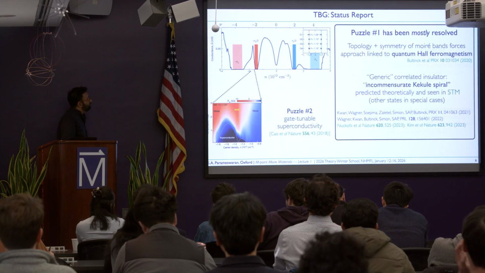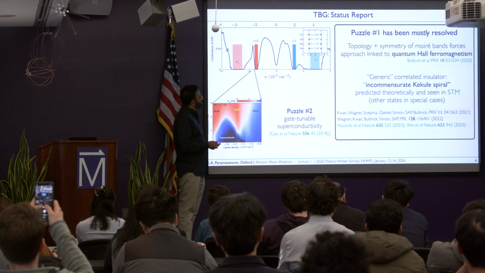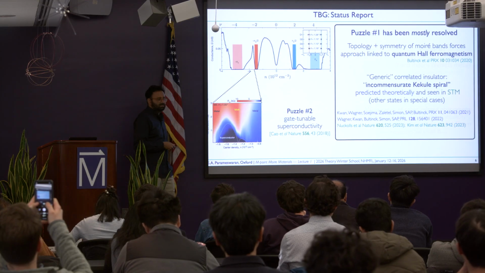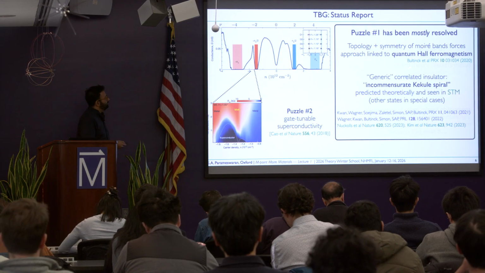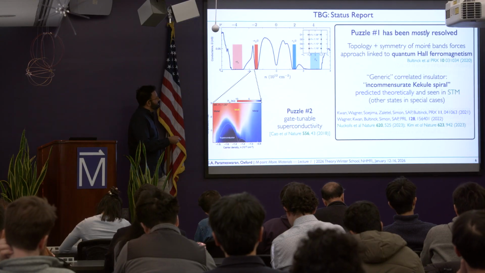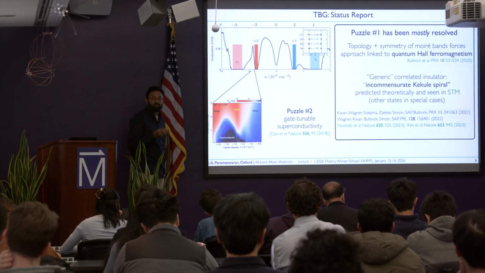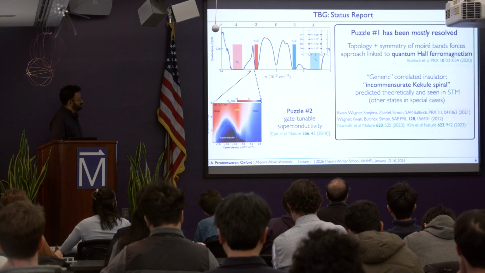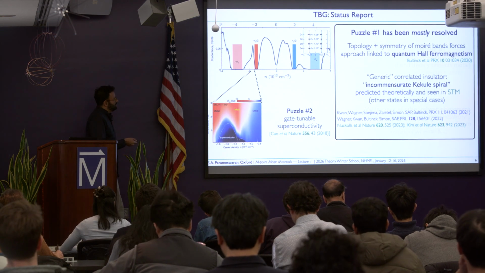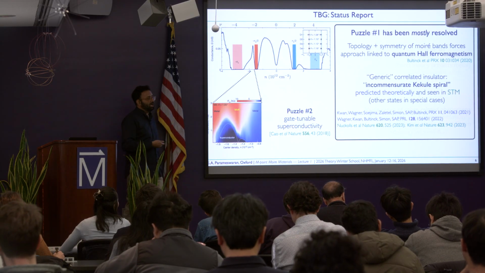So I would argue that the first of these puzzles, one could say, has been mostly resolved. We've got a lot of understanding that the topology and the symmetry of the moiré bands in TBG are quite special, and their interplay gives you an approach. One way to think about it is you can link it to quantum Hall ferromagnetism. There's another beautiful way pioneered by Andre and by many other people since then, which is the heavy fermion approach. But either way, we have ways to think about this that are somewhat different from the traditional Hubbard model approach